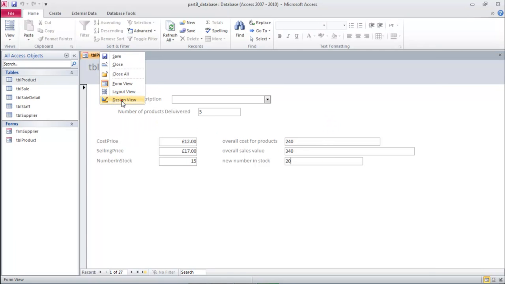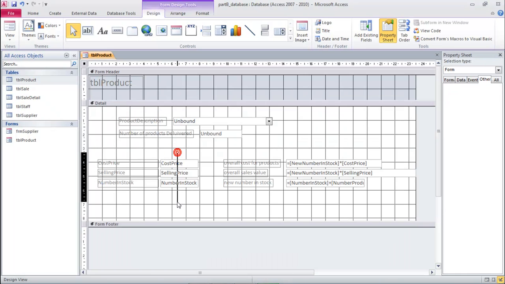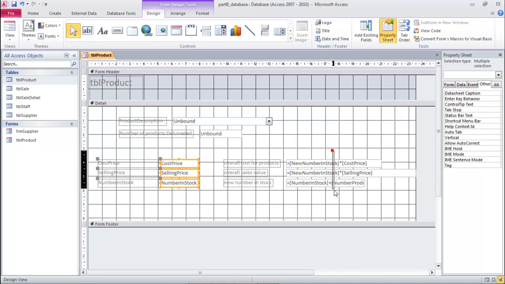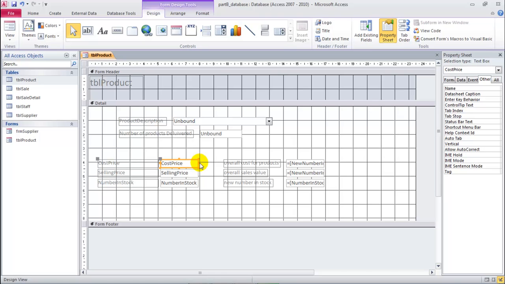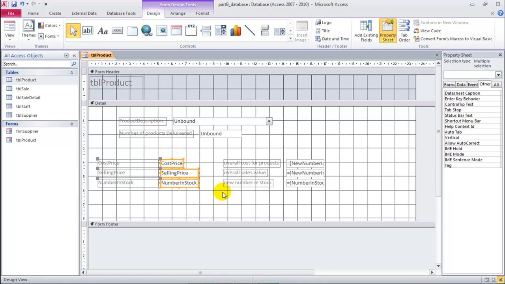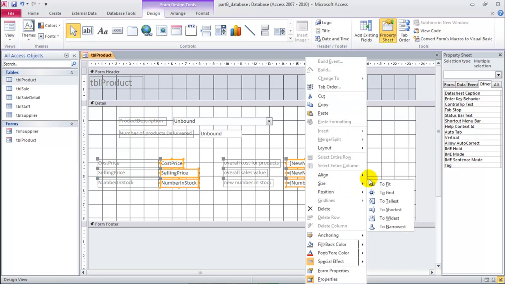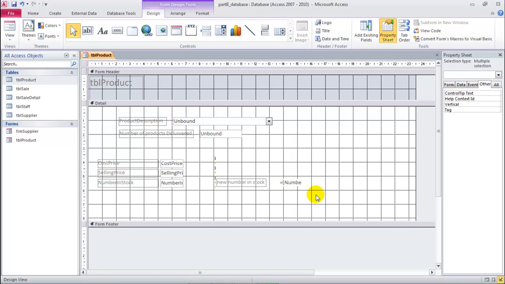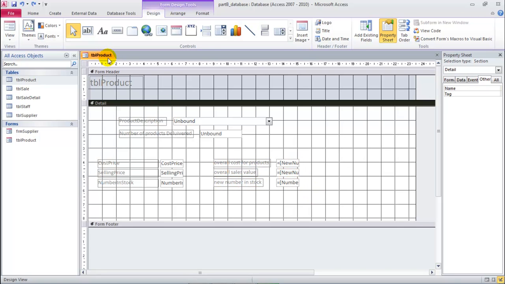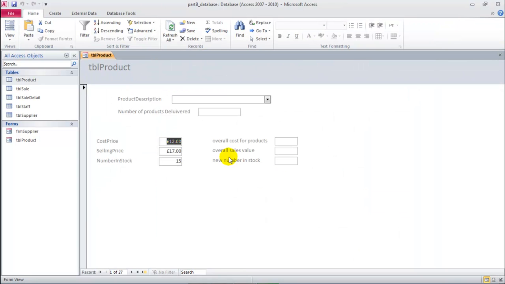So we can go to design view, and this, hold down the control key and this, and then say size to narrowest. Now we can even make them smaller. Let's do it like that, and again highlight and say size to narrowest again. Now we can bring this slightly next to the other one. Looks good. Form view, yeah,